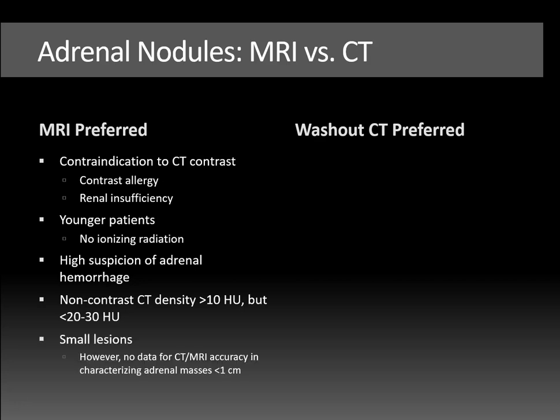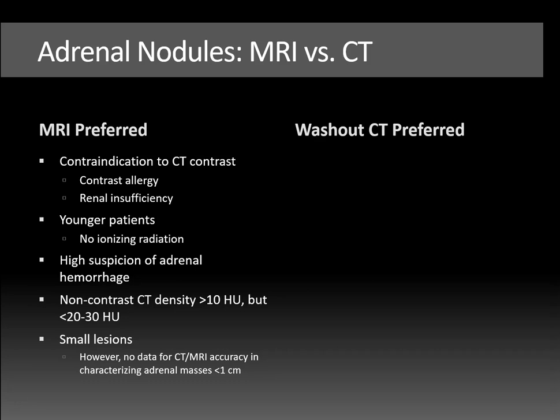MRI is also potentially better for small lesions because it can be difficult to put a region of interest on a very small adrenal nodule on CT scan. But there is no data for CT or MRI accuracy in characterizing adrenal masses less than 1 centimeter. All the studies I've been referring to evaluate nodules that are 1 centimeter or more in size. And the ACR Incidental Findings Committee recommendations suggest that nodules less than 1 centimeter in size may not need further